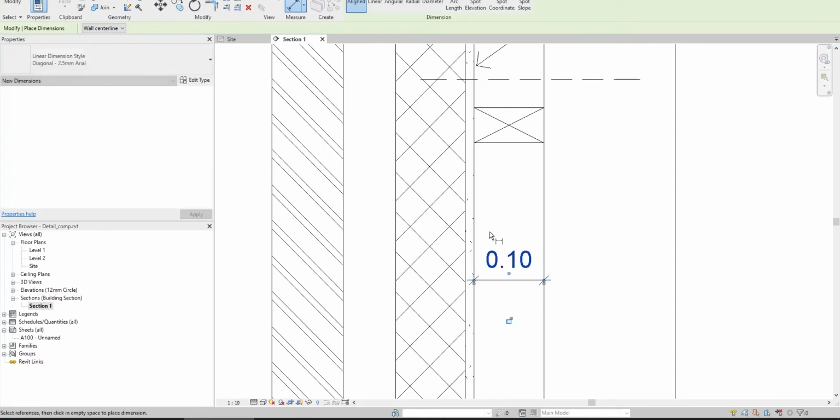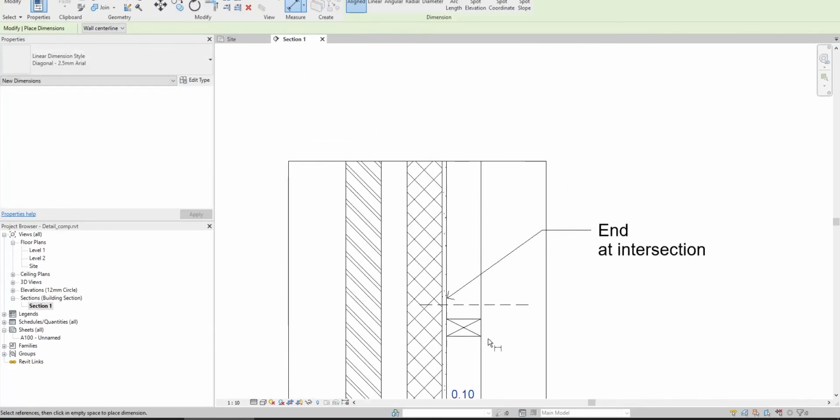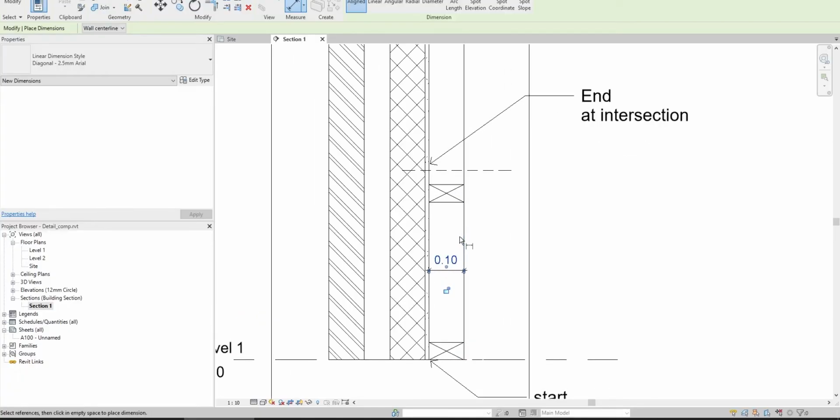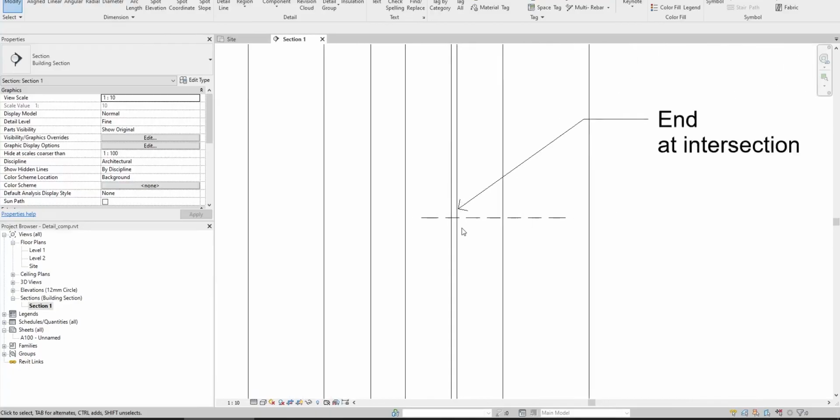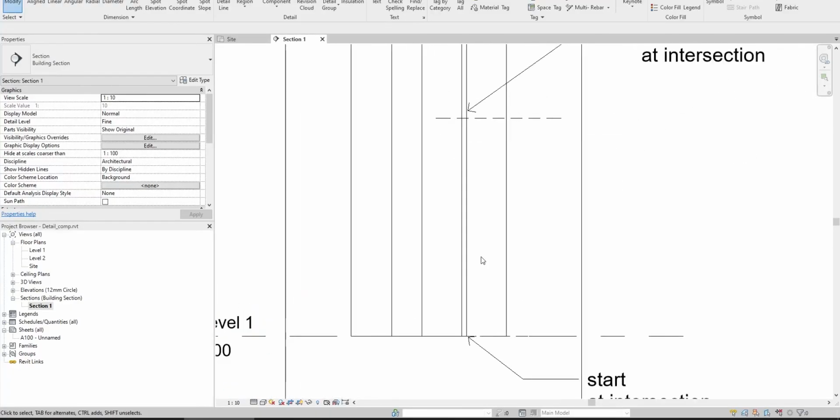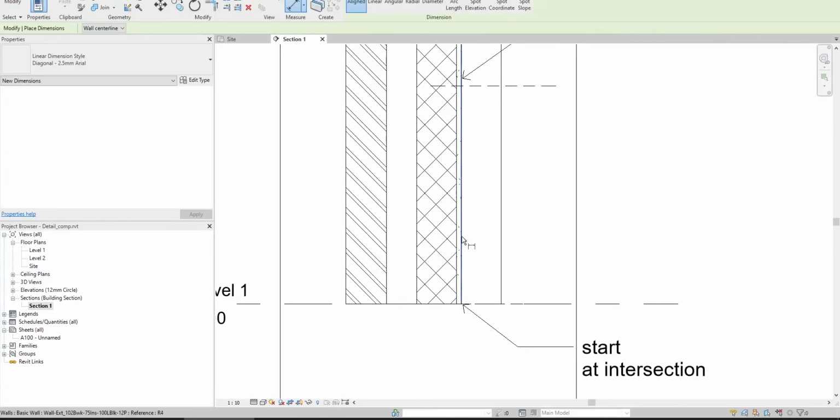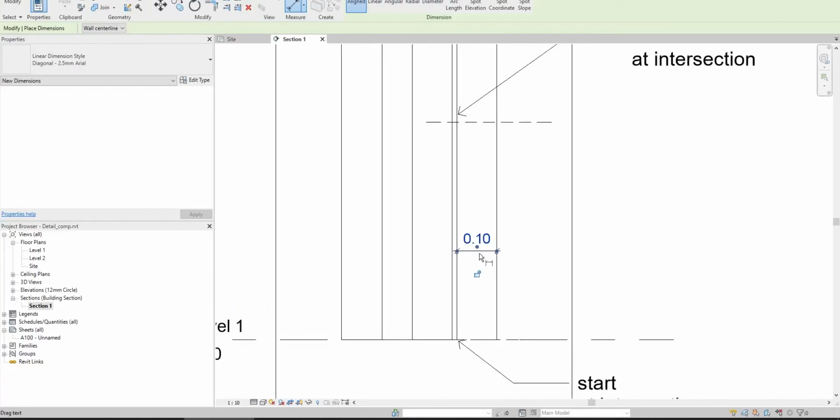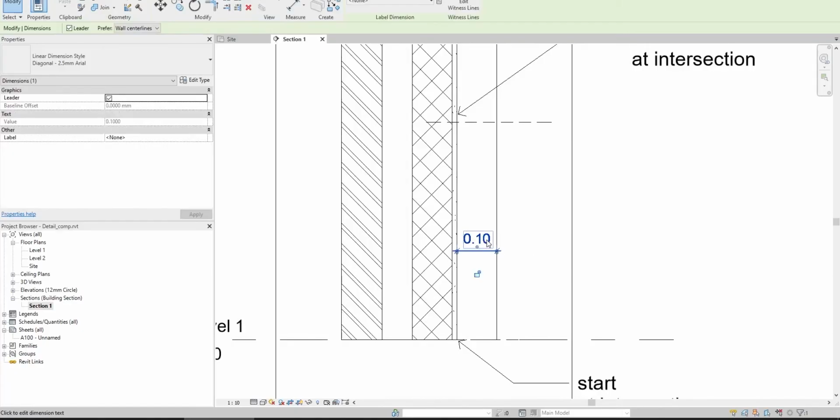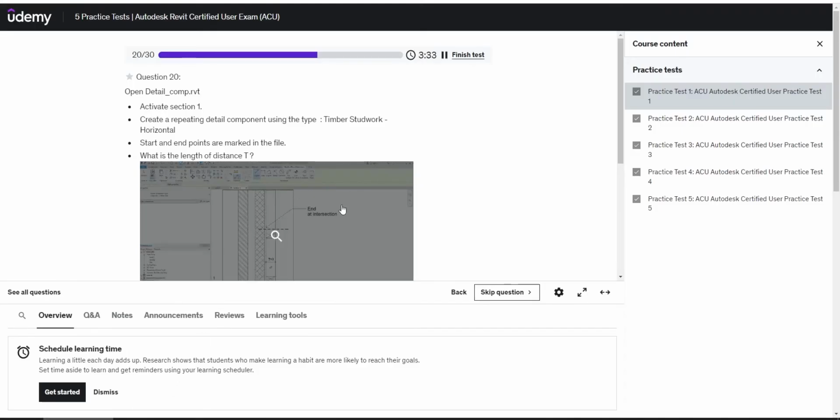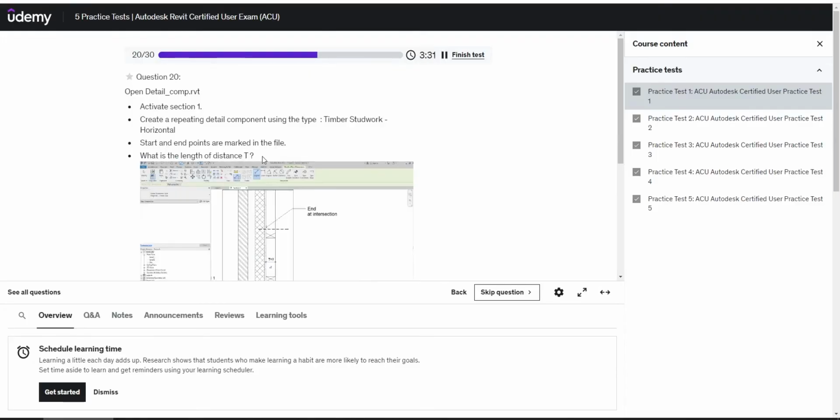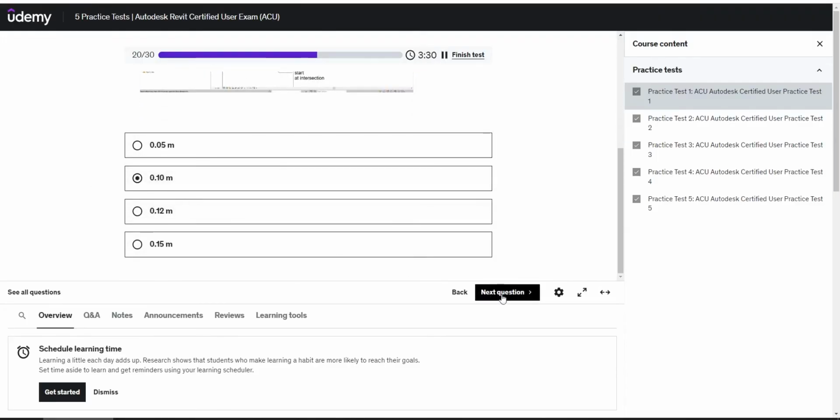which is 0.1. And as you see, also before I did this task, if I press Ctrl Z, I could have got this dimension without doing the task, but I just prefer to do the task in case anything happens. You don't know. So here it's 0.1,